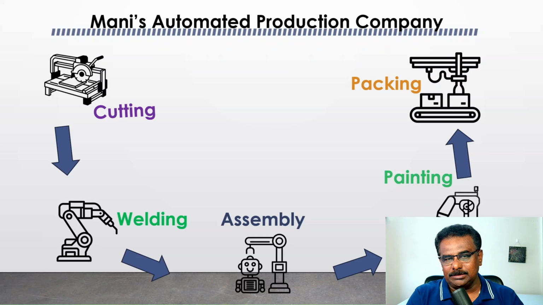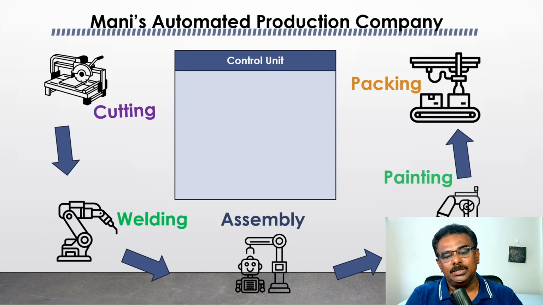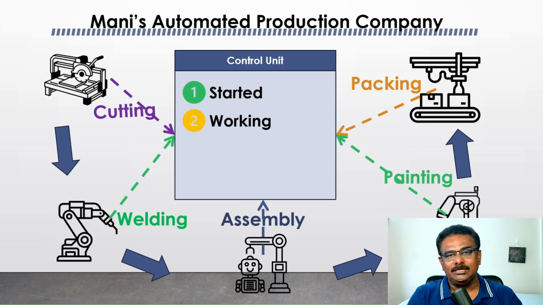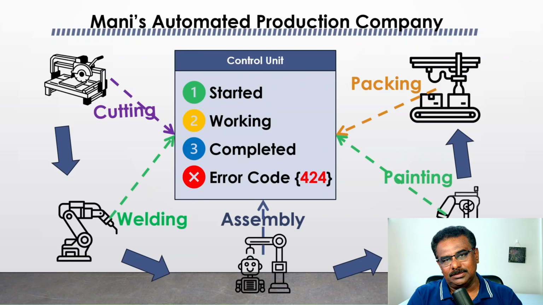All these machines are automated machines, and when they are working, they send messages to a central controlling unit. What is a message it is sending to the central controlling unit? It sends only four types of messages. First, if it sends one, it means that the machine has started. And if it sends two, it means that the machine is working fine. And if it sends three, the process is completed. If any error occurs, then it sends the error code. With this imaginary example, let us see how we can create the flow using our traditional way as well as